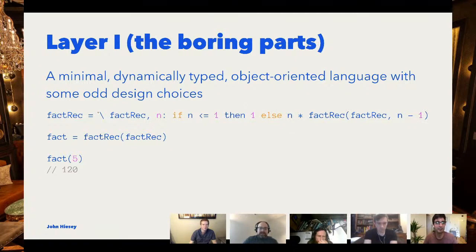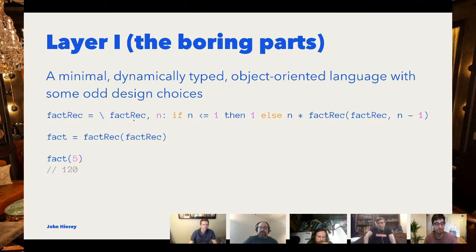One thing you'll notice is that I'm passing the function to itself. The reason I do this, and the reason you have to do this in this design, is that all of your data and all of your functions are acyclic.